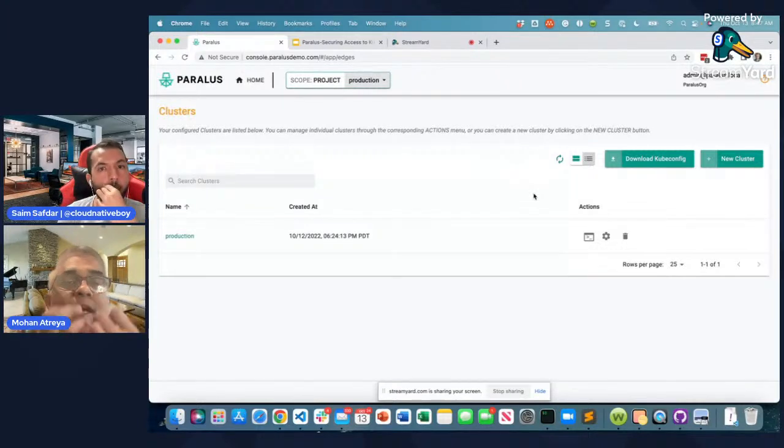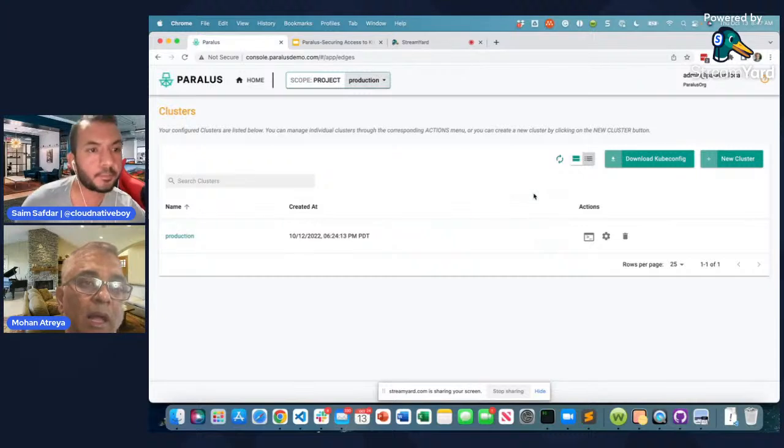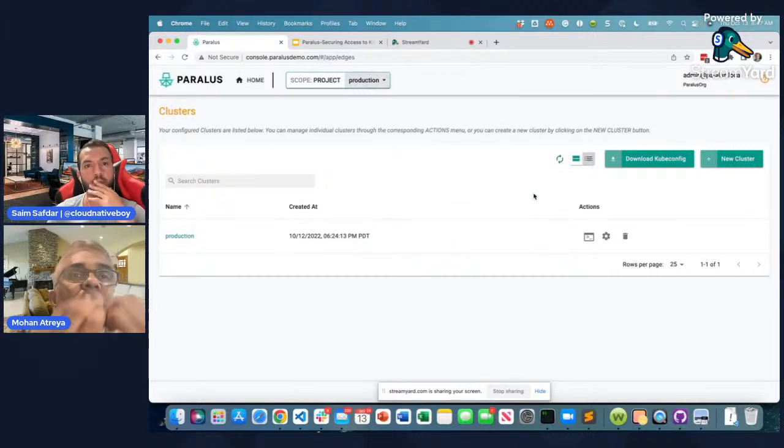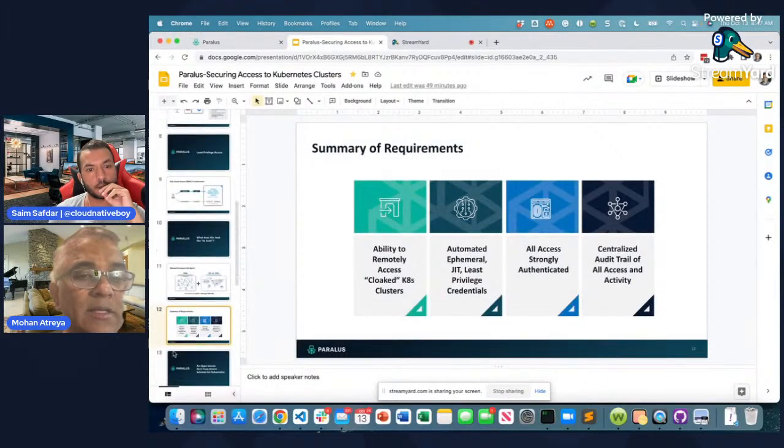So I need to have the right certificate, which has a lifetime, and I have to demonstrate I can authenticate with the Paralus server, and the Paralus server will authenticate itself. So it's two-way authentication, so there's no man in the middle possible here, right? That's the other aspect of zero trust. So with that, Simon, I think